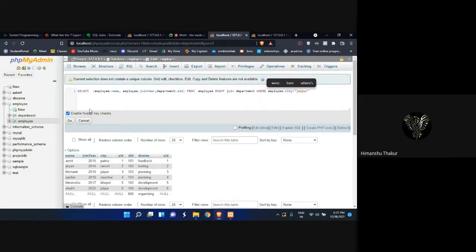I will try with where, we cannot give, I think, on this one, employee EID and department EID and then a where condition, I think. We can do with and only. Department dot EID and employee dot city should be equal to Jaipur.